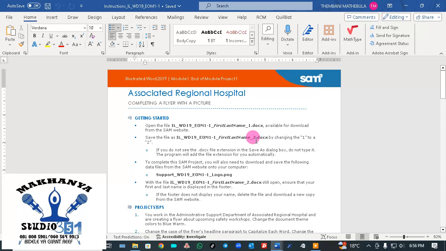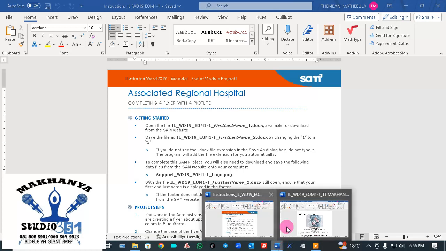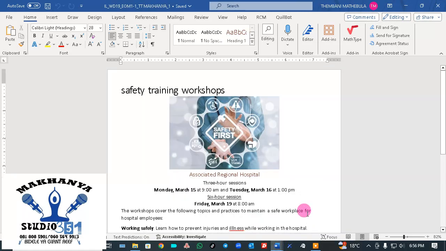Okay, we're changing 1 into 2. By changing 1 to 2, what do we do? I said we come here to read the instruction and go and apply to this one. You see here, ILWD. Let's consider TT is my first, Makhanya last name. So here we just have to change 1 into 2. How? You go to the file,